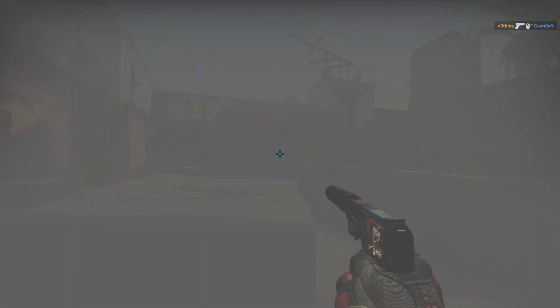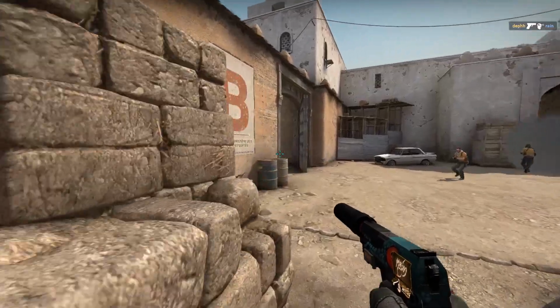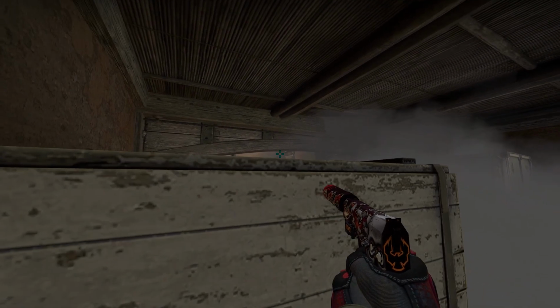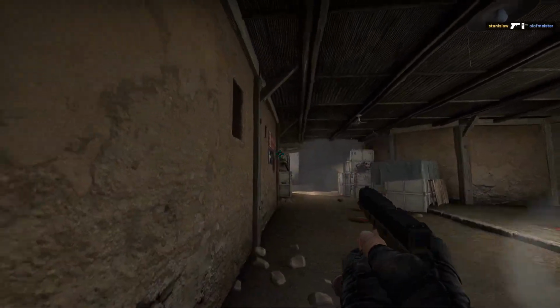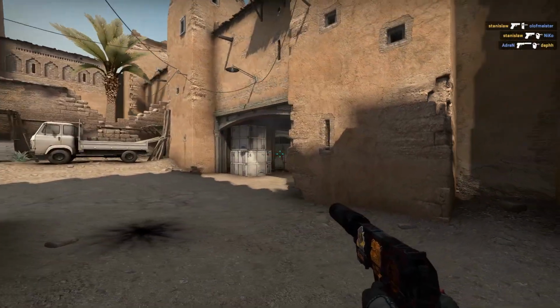Now the Battlescroll Hollow has actually dropped quite a bit of value, 40 cents to be exact, the past I would say 2 weeks, mainly due to the fact that Stockholm is still really taking the crown in place here of investments inside of CS. And that's kind of like with everything else going on in Counter-Strike right now. Things are going so much up in value, it's very difficult to see future of a lot of these items,